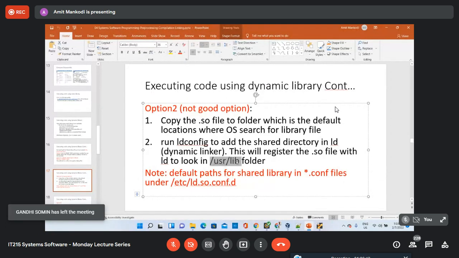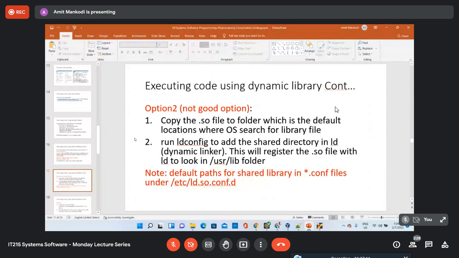But it's not a good method, because this folder is the system's library folder, and we don't want to add a user library file which we have created. We don't want to create garbage in this folder. Therefore we don't usually use this option. It is there, but it is not advisable to use.